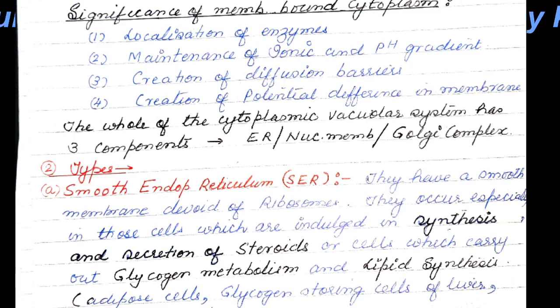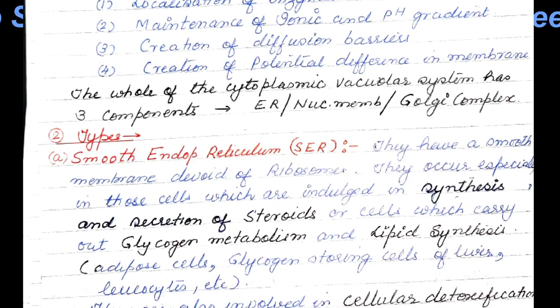Now we have two types of endoplasmic reticulum. One is smooth endoplasmic reticulum and another is rough endoplasmic reticulum. The smooth endoplasmic reticulum is also called SER. They have smooth membrane because they are devoid of ribosomes. That means ribosomes are not present on such kind of endoplasmic reticulums, and this absence of ribosomes